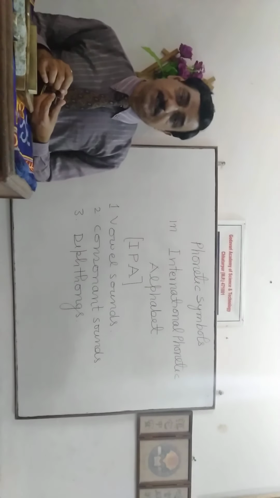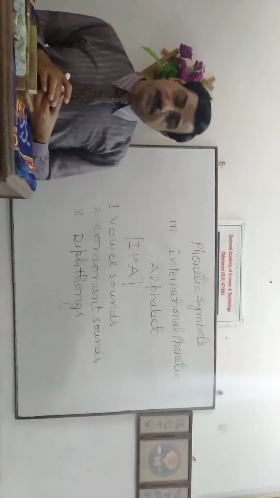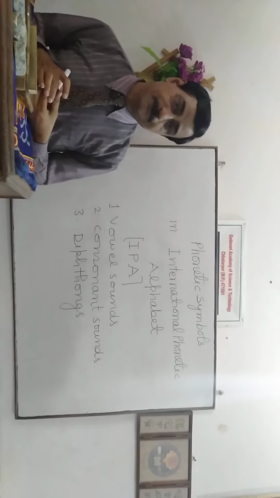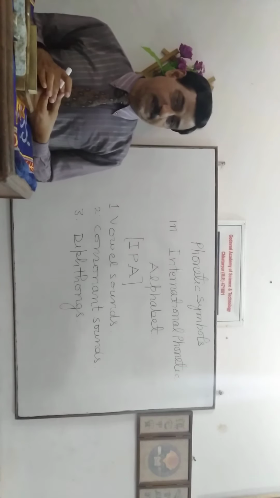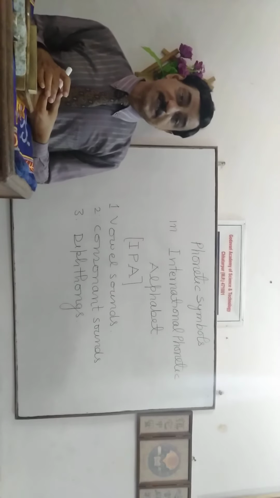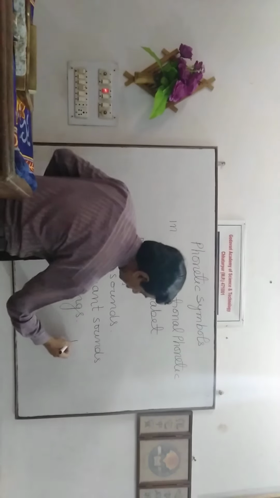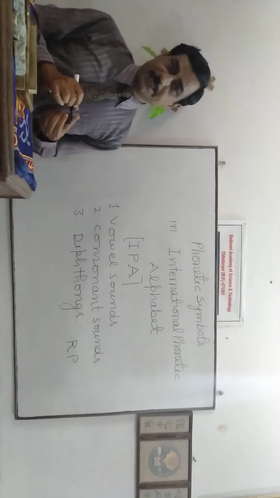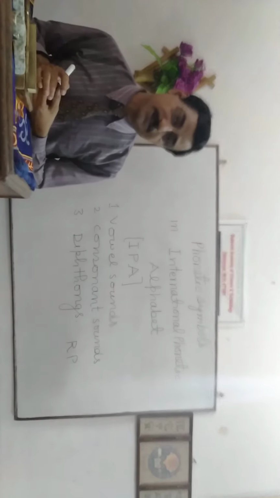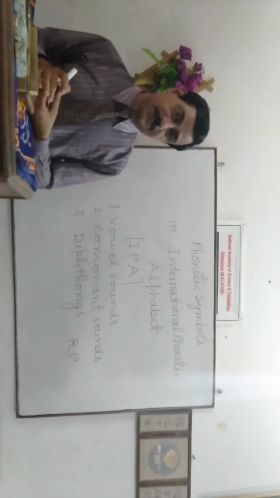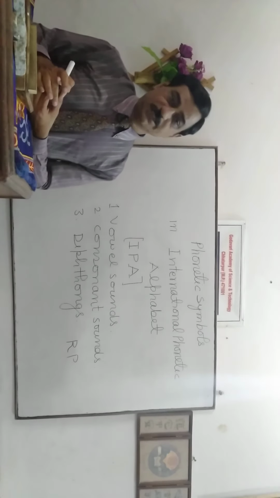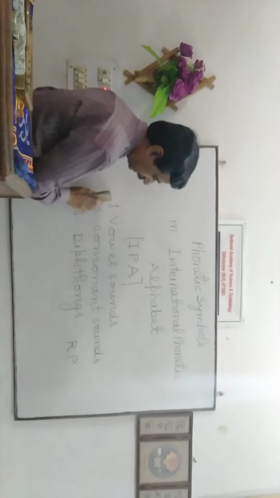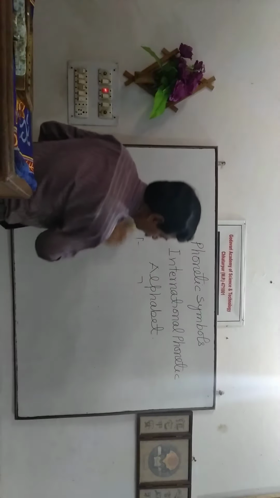As we know, English is an international language. It is spoken all over the world. Nearly 60% of people speak with wrong pronunciation. So we have to adopt Received Pronunciation. The abbreviation is RP: R for received, P for pronunciation. That's why the study of phonology or phonetics is very necessary for students who are learning English correctly. So today I am going to teach you phonetic symbols.